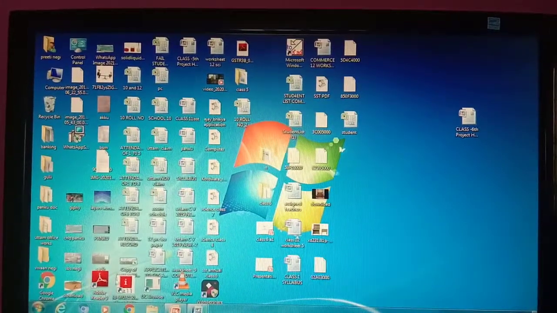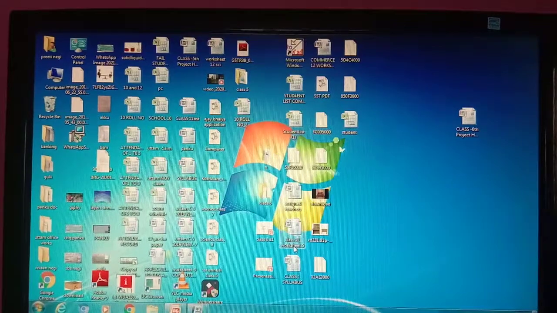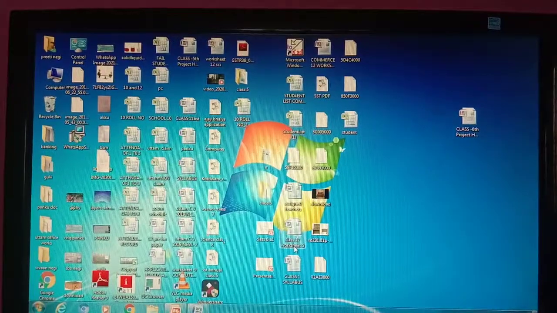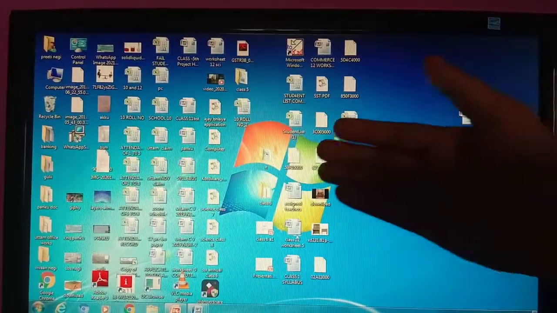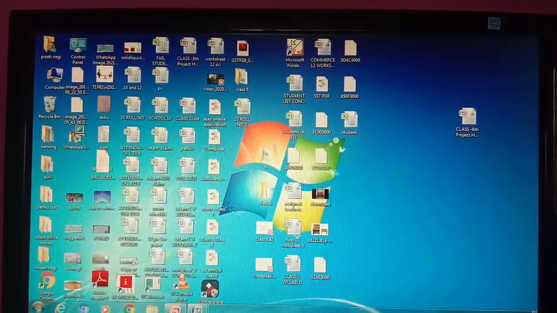Let me show you how to open the accessories. First, let's learn what we call this screen. I hope you learned in the previous class also. The screen that comes after we turn on the computer is called the desktop. These are the icons: different types of icons, like the document icon, the computer icon, and application icons. The bar at the bottommost part of the desktop is called the taskbar.